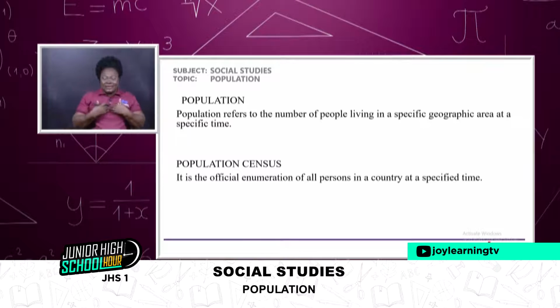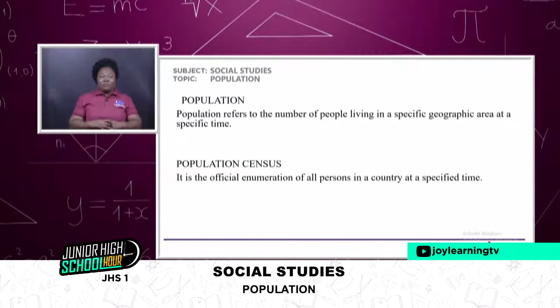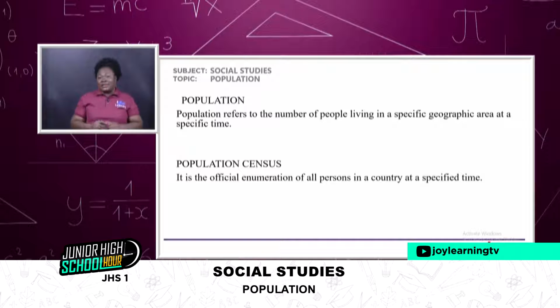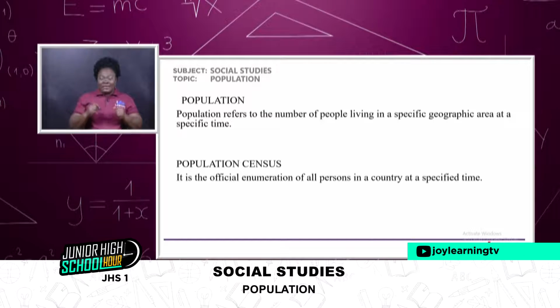So whilst I stand here right now, myself and all the people around me, the crew members, the production team, and whatever, that's the population of the place at this particular time. You understand? So if you are watching me in the market, in your mother's shop, that means that the number of people in the market area where you find yourself is the population of that place at that specific time